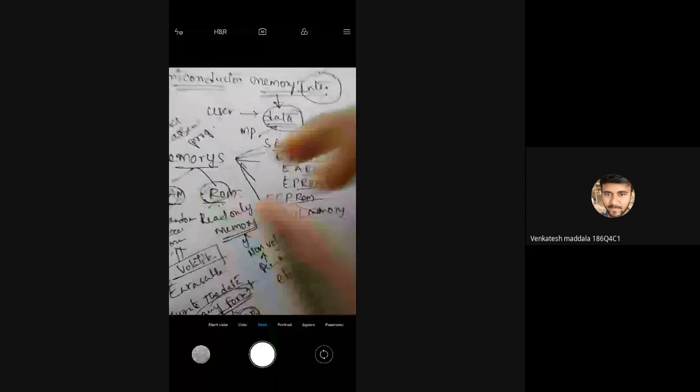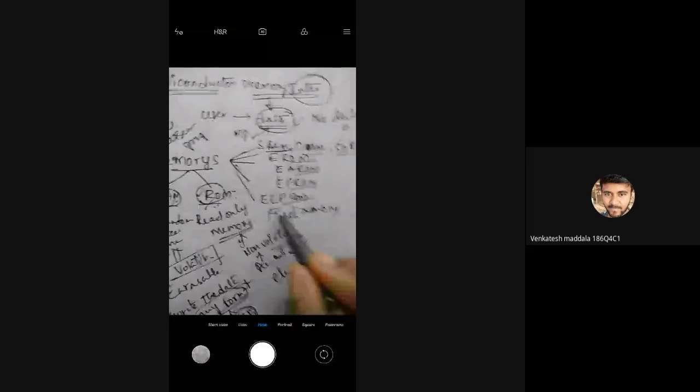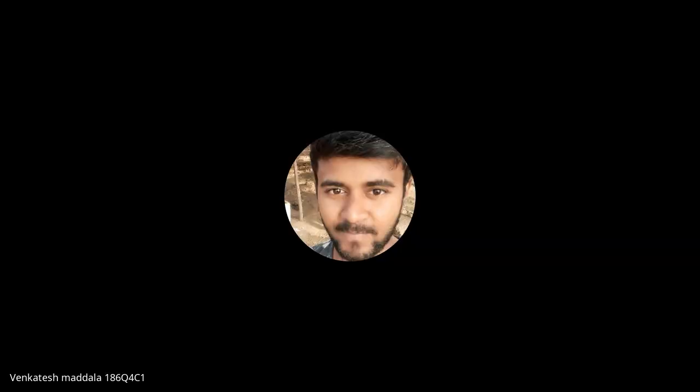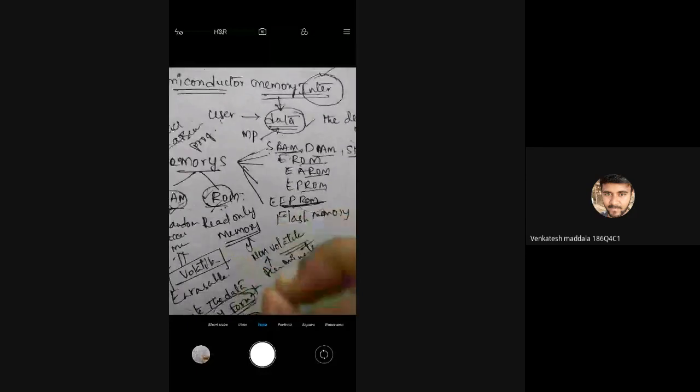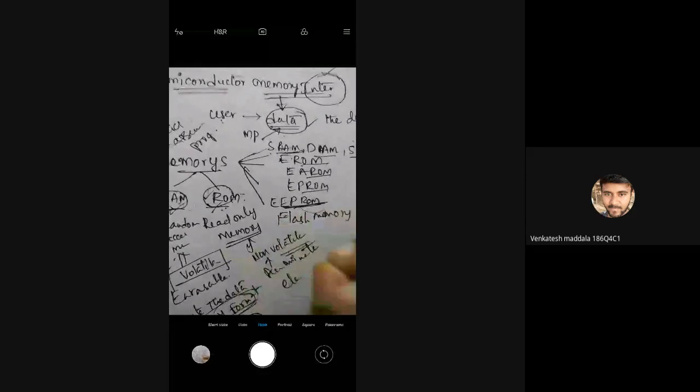It can also be erased electrically in the following types. So that means electrically erasable, programmable read-only memory. First, the ROM is available in such a way that it is non-volatile and it cannot be programmable. So whatever the size or whatever the